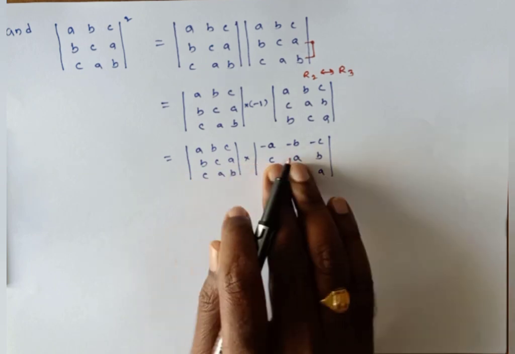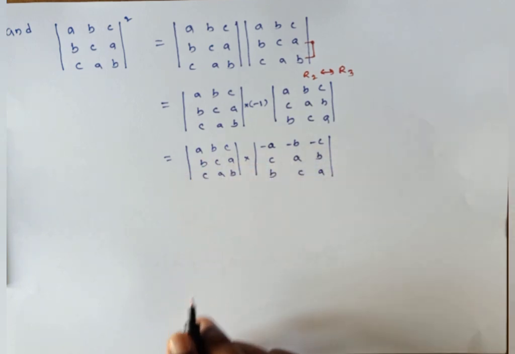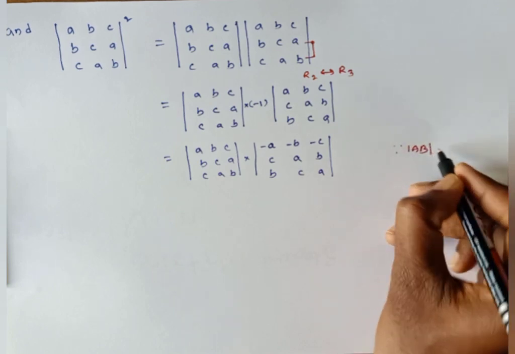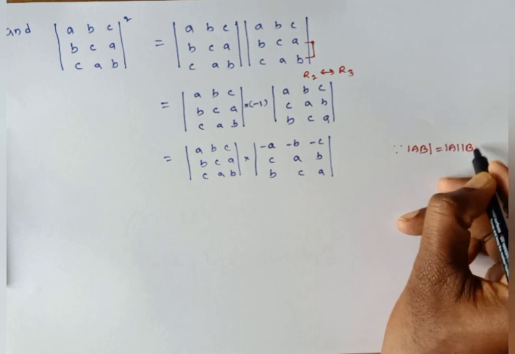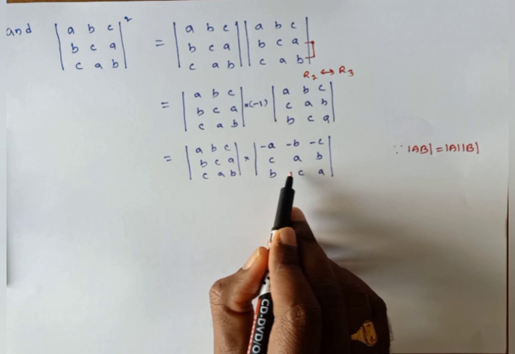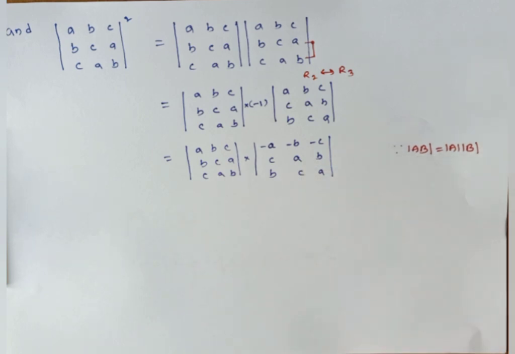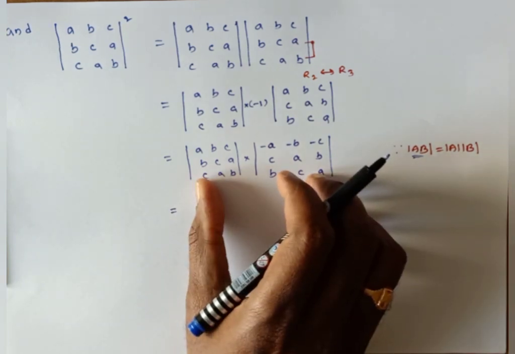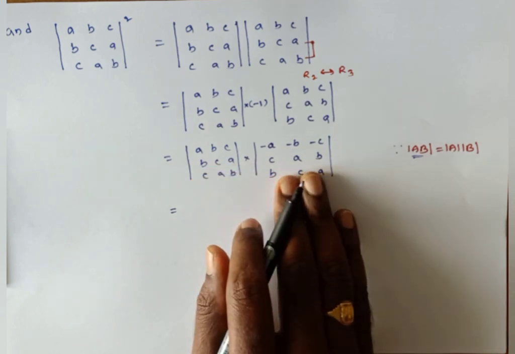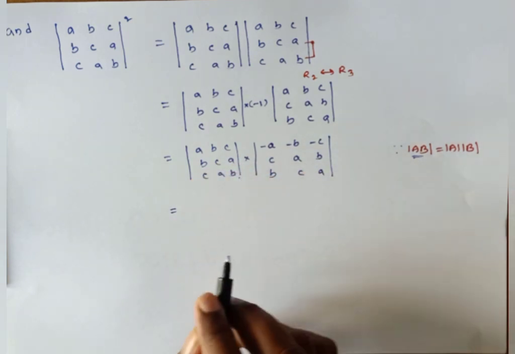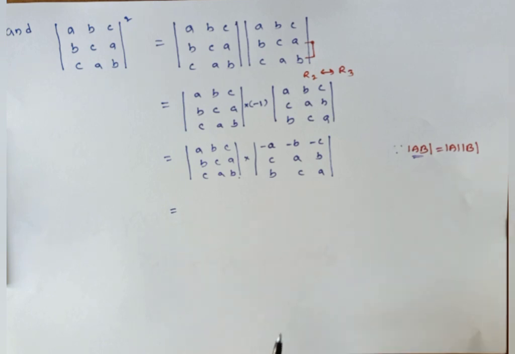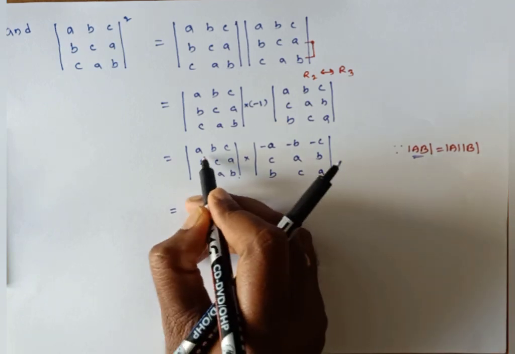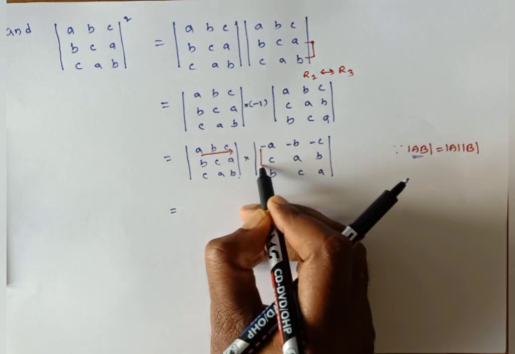Now observe these two things. They are in the form of two different matrices A and B, so det A into det B form. We already have a property regarding the determinant of A into B: det of AB is equal to det A into det B, right? So this is equal to the determinant of AB. Now try to multiply these two matrices, a 3 by 3 matrix and a 3 by 3 matrix. The matrix multiplication is possible, and the resultant matrix is of order 3 by 3. You know how to multiply two matrices, this row into this column.